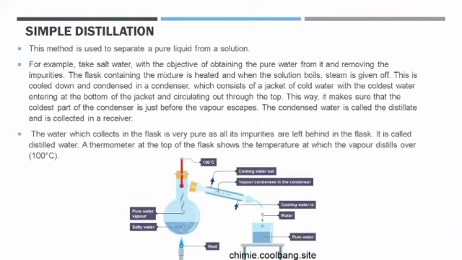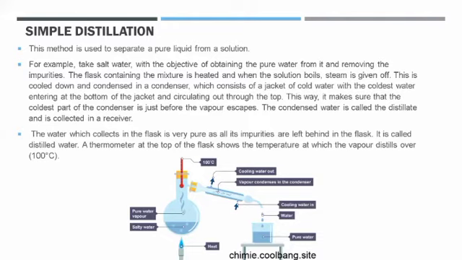Next, I have simple distillation. Simple distillation is used when you want to separate a pure liquid from its solution. For example, I have salty water. Over here in the diagram below, I have salty water. So if I want to separate the water and the salt, I want to collect the water here. In simple distillation, you're going to collect the liquid, and in evaporation, you're going to collect the solid. So in salty water, if I want salt, I'm going to evaporate the mixture till crystallization, because salt can form crystals. And if I want the pure water from the salty water, then I'm going to use simple distillation. So over here, what happens?